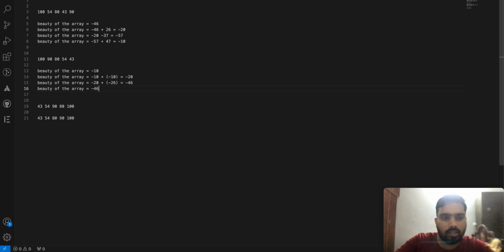So minus 46 is carried forward from here, minus 11 equal to minus 57. Okay, so as you can see here, if we are to find the maximum possible beauty of the array,